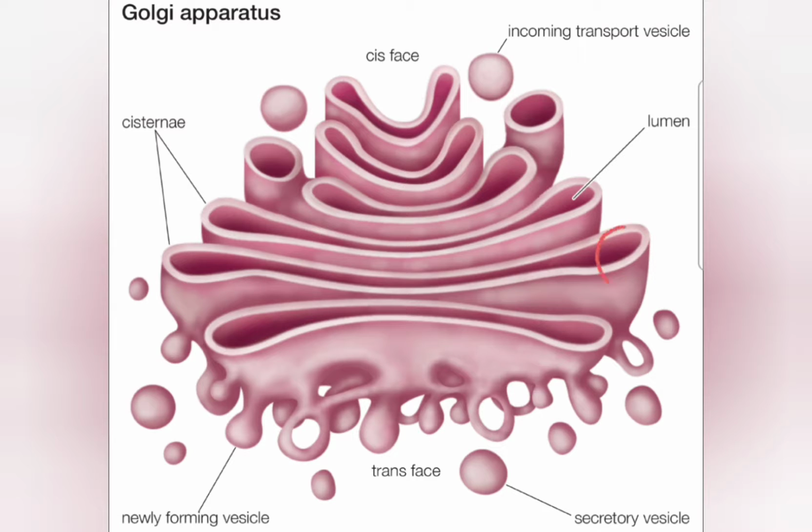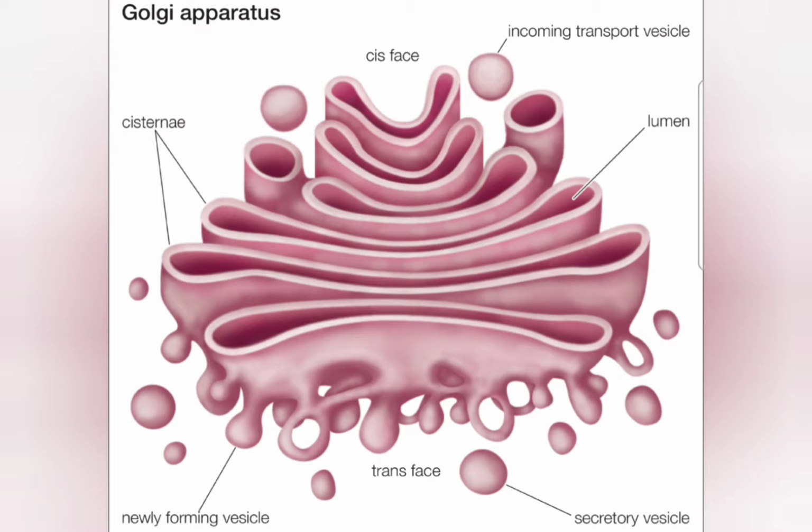So as you can see, the ends of these cisternae are shaped like that of a dumbbell. So from these sides, the vesicles get pinched off or detached, like that of budding. You have read in asexual reproduction that buds are formed on the mother body, and as they grow they are cut off from the parent body. So similarly, as you can see here, this one is getting cut off, this one is getting cut off, this one is getting cut off. So from the sides of this cisternae, the vesicles are formed by the pinching off process.